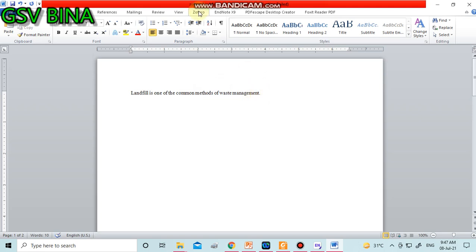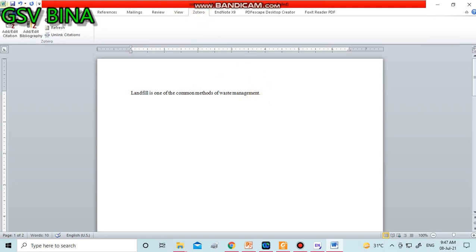So you have to go to Zotero. When you install Zotero, it is automatically plugged in with this Word file, and you can see here there are three options. First is add the citation, another is add or edit the bibliography, then document preference, and unlink the citation.